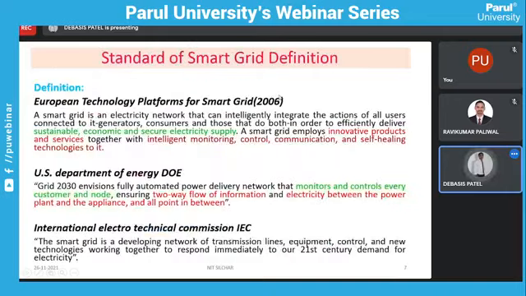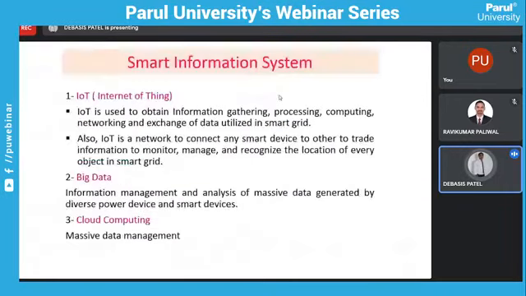So now coming to information technology, up to this we have covered every part of the smart grid in detail. Means you can say that the smart grid is completed. The basic part, the most important part, we have already covered. Now we will go a little bit faster to cover the future scopes. In the last 10 minutes we will cover what the future scope is and what the recent advancement is.